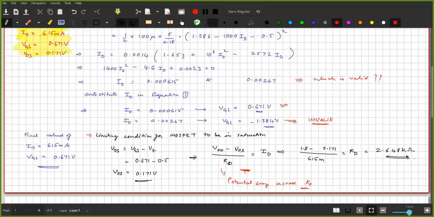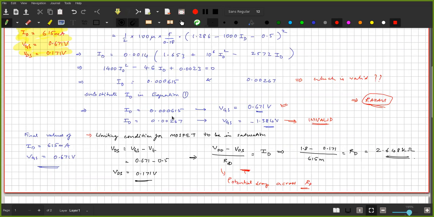Yeah. So this is actually a problem from Razavi. There's a textbook called Razavi, which I've already uploaded in the Google Classroom. So this is a problem from there. If you want to solve more challenging problems, I think this is the go-to textbook. In Sedra Smith, the problems are actually quite simple. Anyway, let us move on to the second problem. Any queries? Stop me.